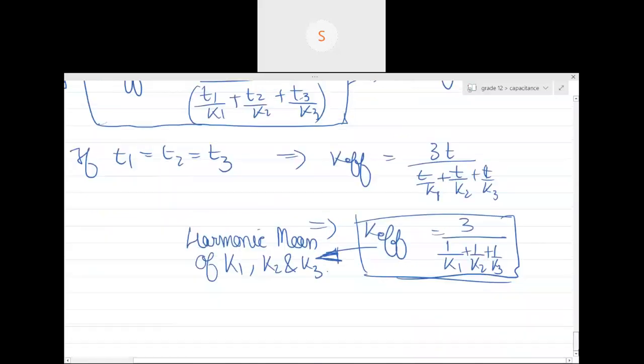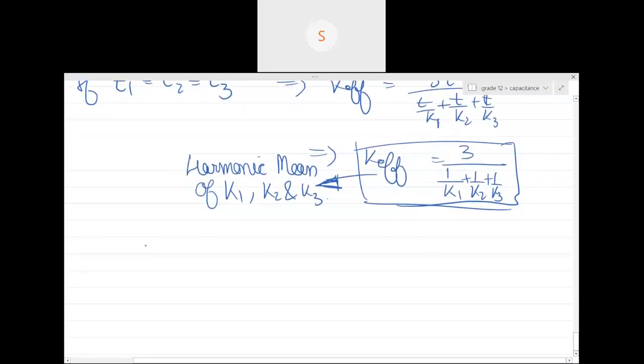For those who don't know what harmonic mean is, there are three different types of progression: AP, GP, and HP. Everyone knows what AP is, right? You studied AP in 10th grade. Sequence and series starts from 10th grade. So you are aware of arithmetic progression. Even the biology students are aware of arithmetic progression, right? Everyone knows arithmetic progression.